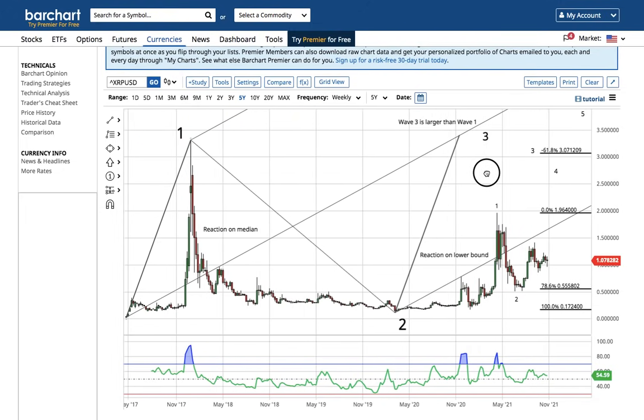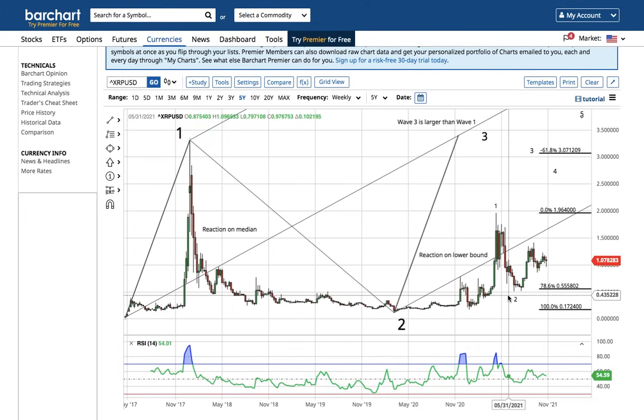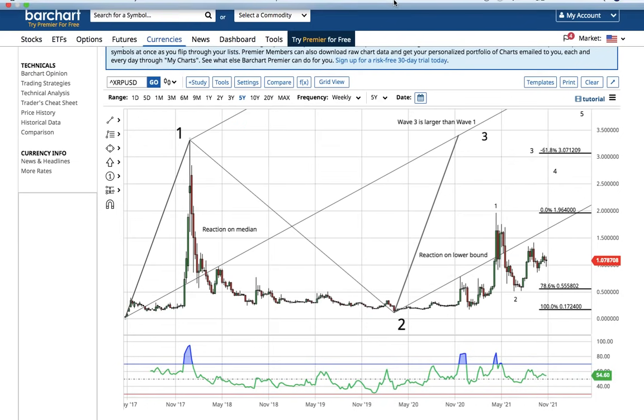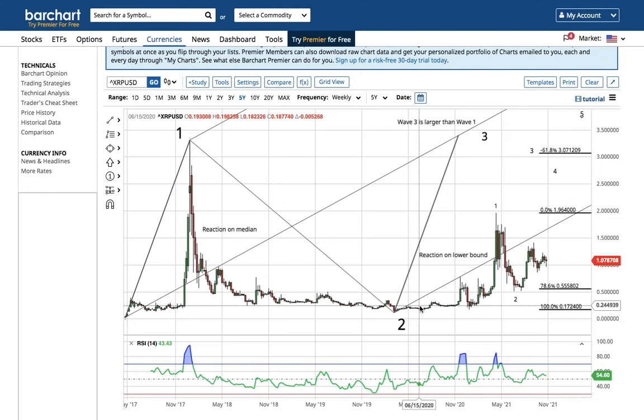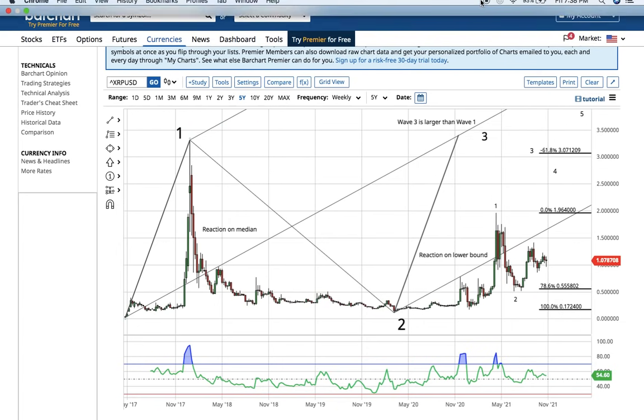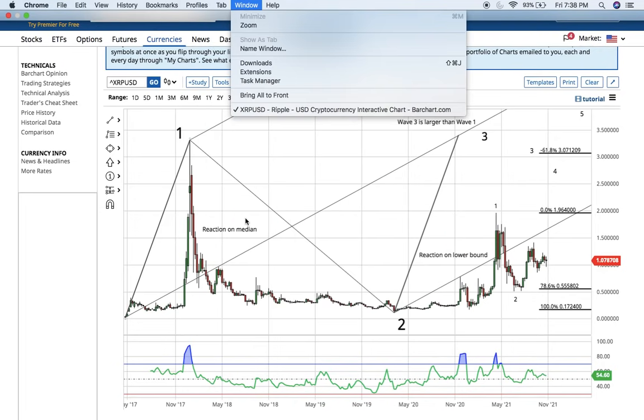This large degree wave 3 is subdivided into wave 1 of wave 3 and wave 2 of wave 3. We're going to hold above this wave 2 low of about 51 cents and go into wave 3 of wave 3. That's going to take Ripple towards this wave 1 high. We're going to be talking about Ripple in the $3-4 range pretty soon. I think this is going to be very explosive. I love Ripple. I liked it a lot better at 20 cents, but even at $1, it's extremely volatile. But if it holds above 51 cents, I think it's got a lot of good probability of going to $3, $4, $5 even in 2022, possibly even higher.